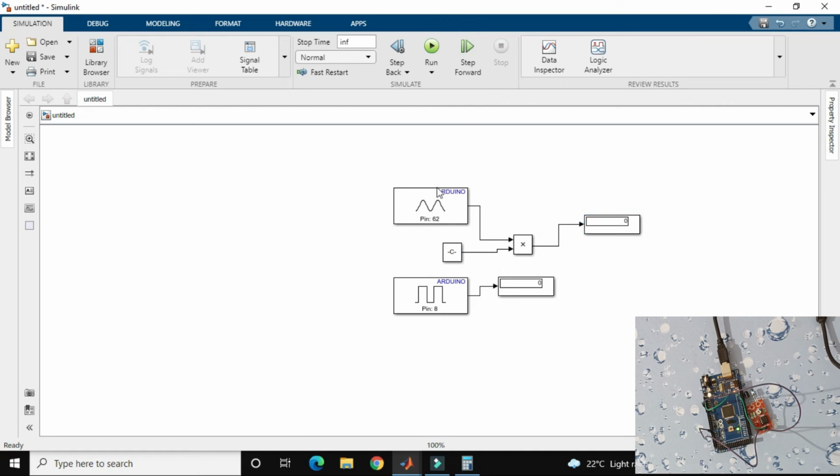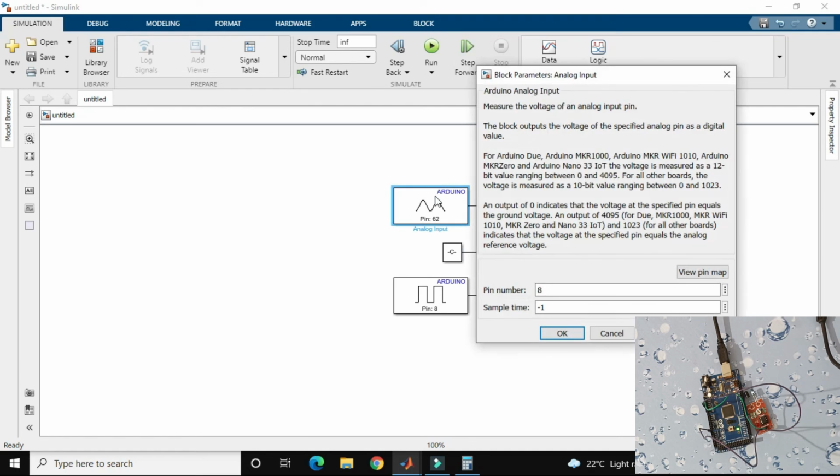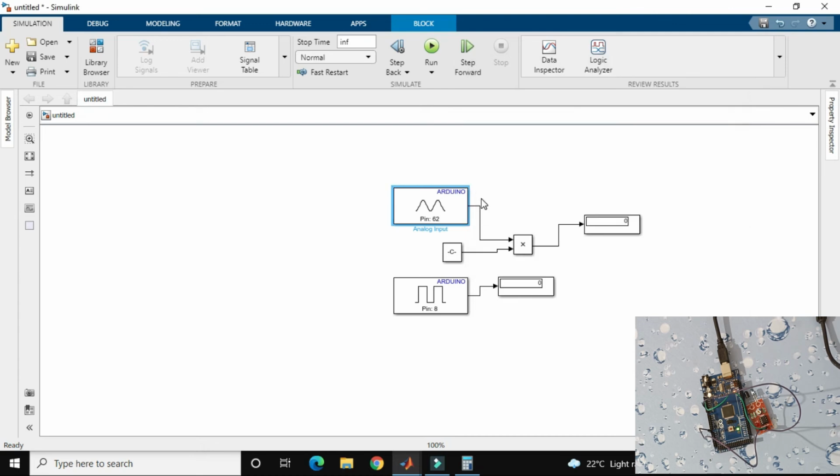And over here the pin number is 8. It is showing wrong pin. As you see, the pin number is 8, but it is showing pin number 62. So when I hit the run button again, right now it will show the value of the IR sensor.